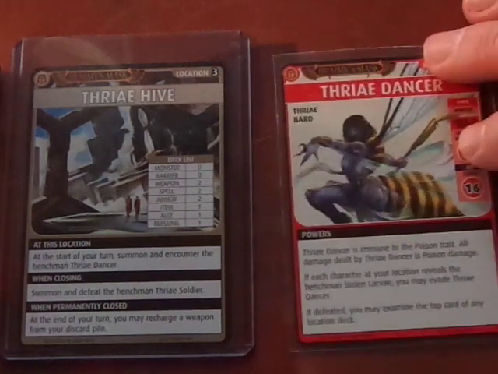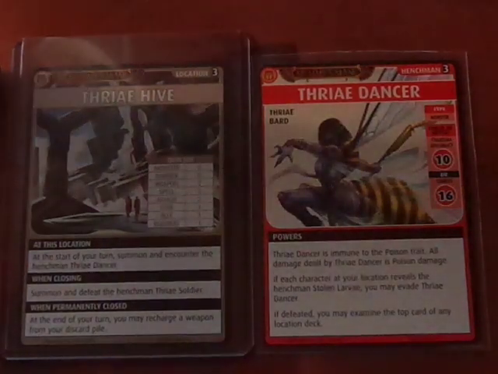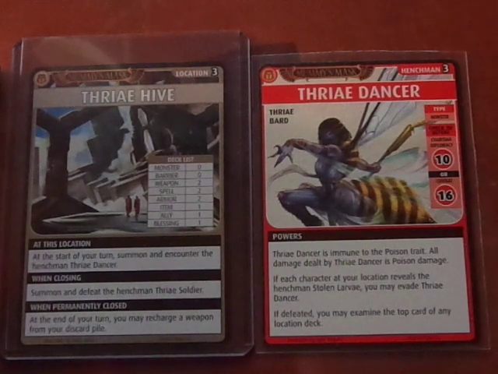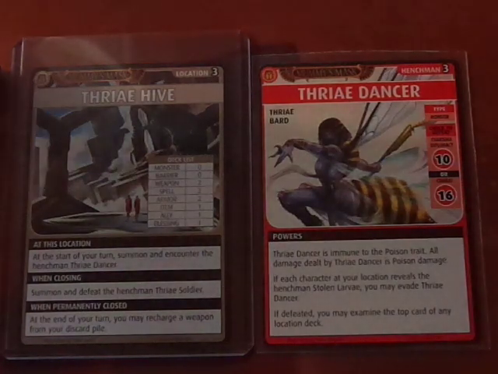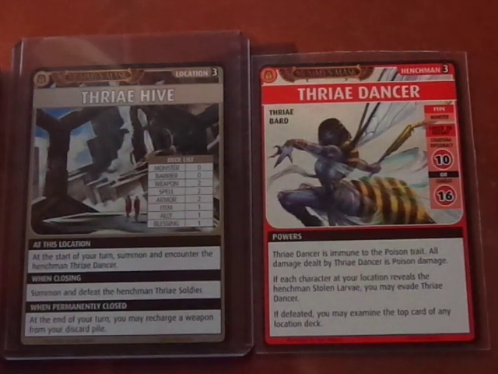Alright, the first thing we need to do is encounter the Thriae Dancer. So once again, I have the Shocking Scimitar, d8. I have d8 plus 6 for the Shocking Scimitar. I have a Blessing of Ra in my hand. So I'm going to go ahead and use another d8 on this check. And I'd really like some extra security. So I use the Scimitar and I use the